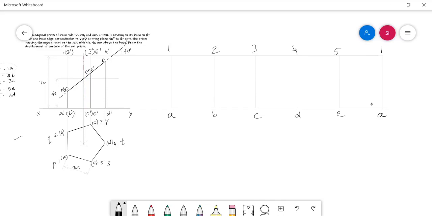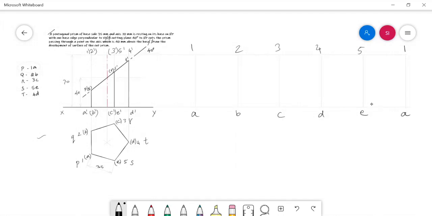Now I need to mark the cut points in their respective longer edges simply by projecting them from the front view. So from this front view, I need to project each and every cut point towards the development area, and then I have to mark the corresponding cut point in the respective longer edge.